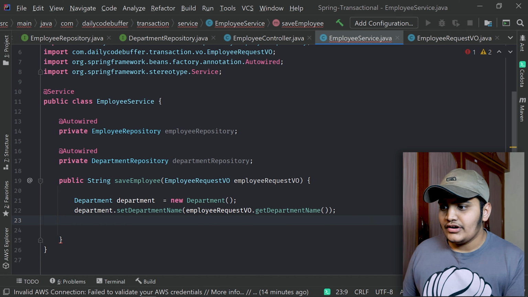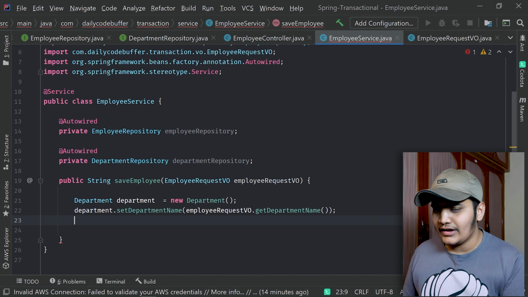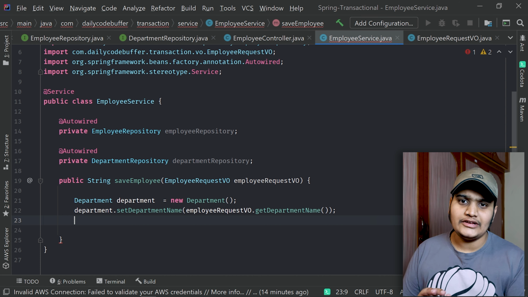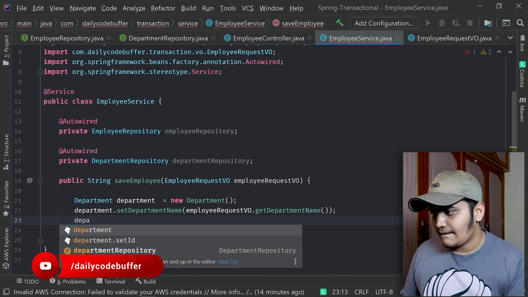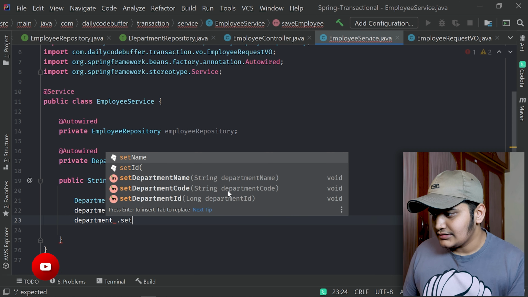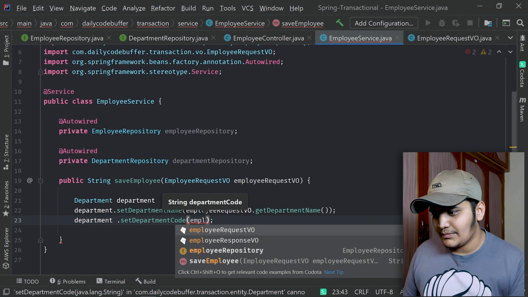Department ID will be auto generated and we can add the department code. Let's add the same department code as the department name. Okay, you can add any different one, or you can pass it from the object also. department.setDepartmentCode, and we will add the same as department name.